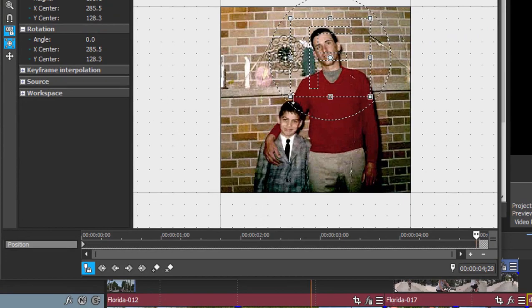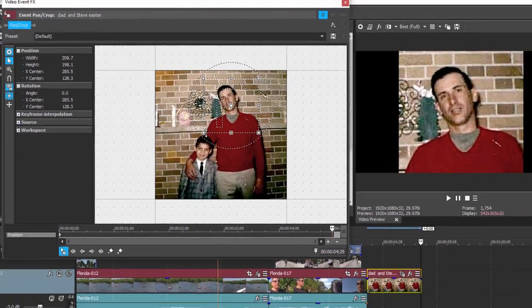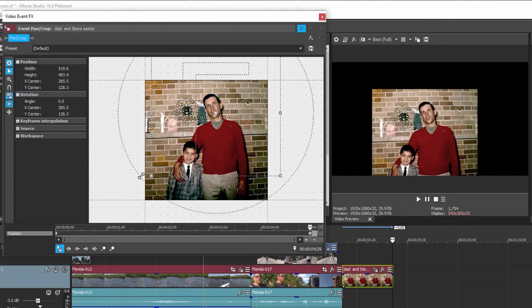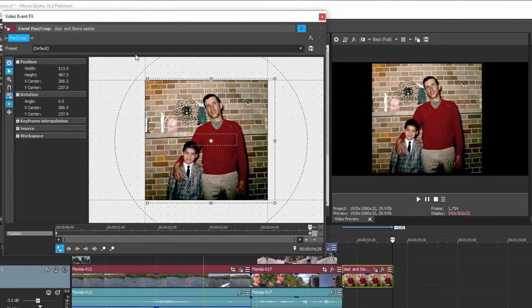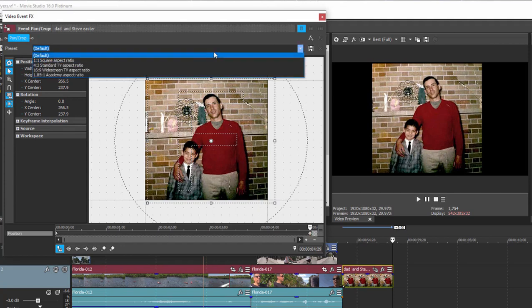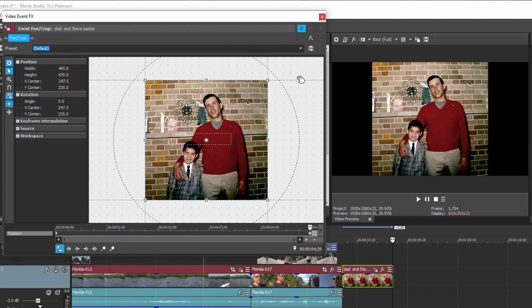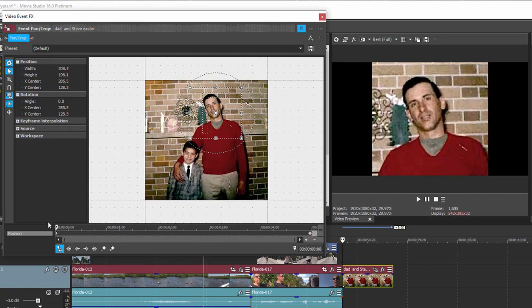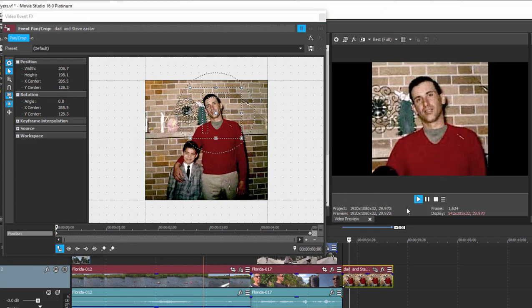And then I'm going to create the final position for my pan and crop. By dragging this out, I could reposition it, or I could simply go up here to the drop-down menu at the top and choose the default setting. And that will reposition that box right on top of my picture. Now, between the two keyframes in the keyframe controller, the program is going to create the animation for me. I could have any number of keyframes on this little timeline representing the motion. But this is a very simple motion. Let me just play it, going from start